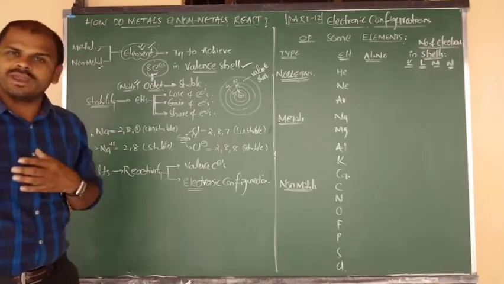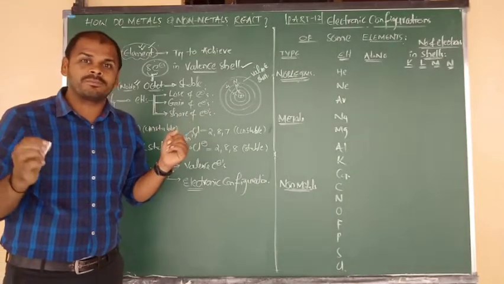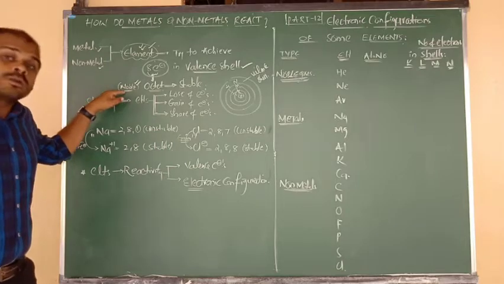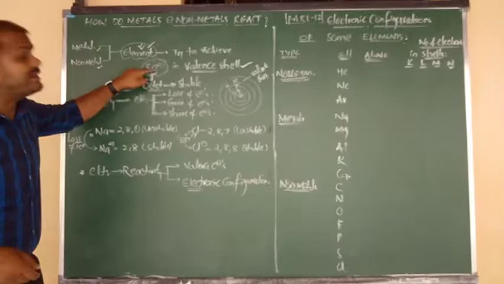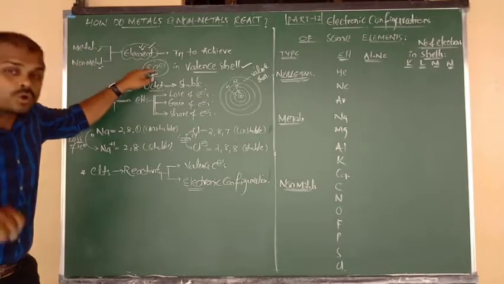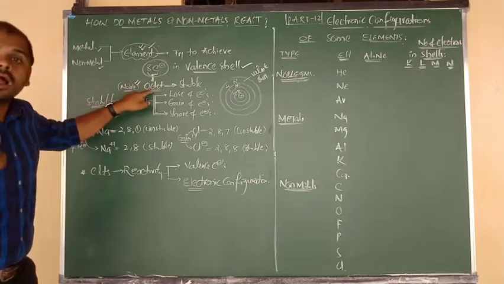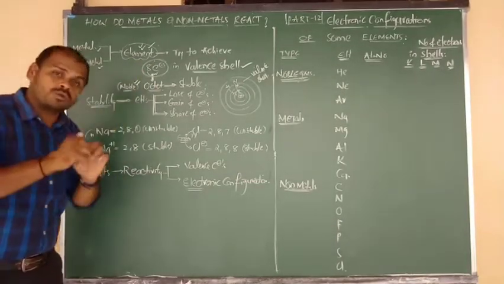Yes, you may know very well: helium, neon, argon, krypton, xenon, radon. All of them are nothing but the noble gases. In their outermost orbit, they are having 8 electrons. Due to the presence of 8 electrons, we have to say that such a condition is called the octet condition. Octa means 8 beta, means 8 electrons will be there in their outermost orbit.